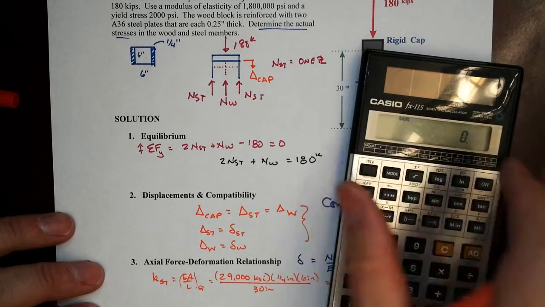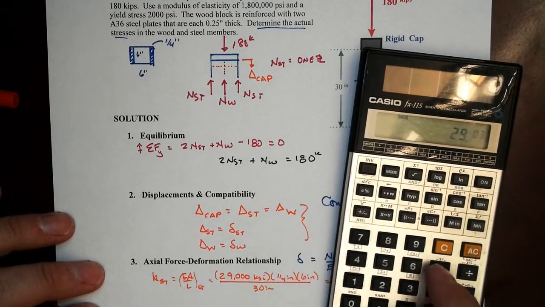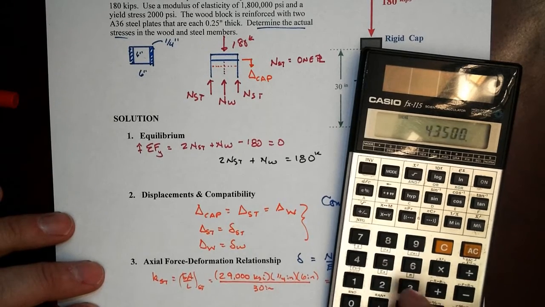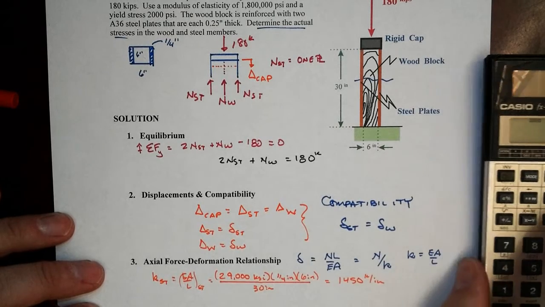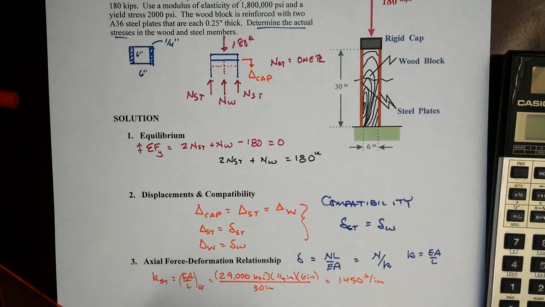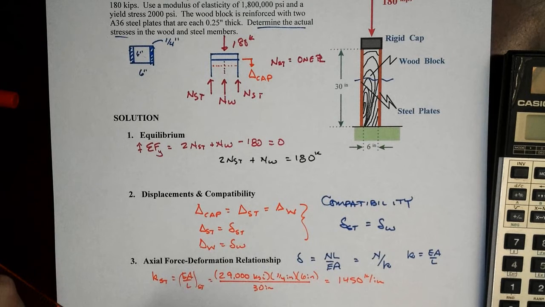And so that's going to be 29,000 times 1.5 square inches divided by 30, or 1450 kips per inch. Pretty big stiffness. 1,450 kips, that means 1.45 million pounds to get 1 inch of deformation out of those steel plates. For the wood,